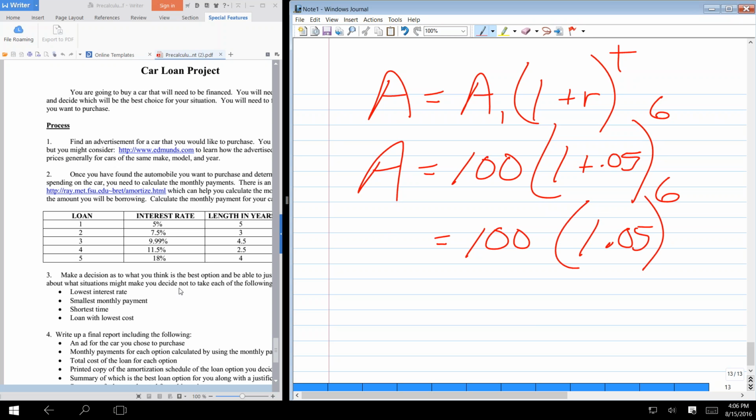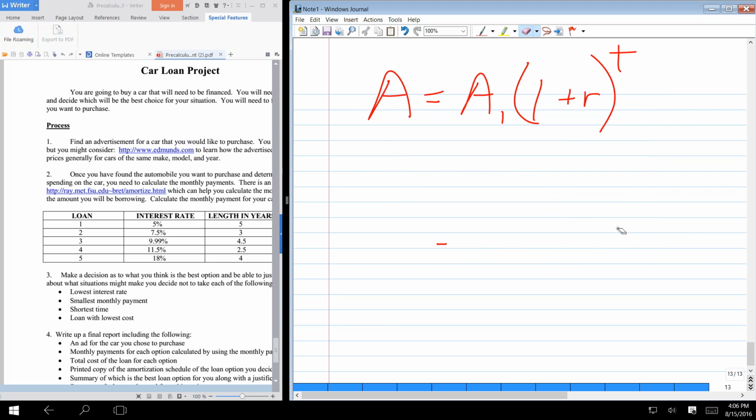But all of these kind of problems are going to be dependent on one of three equations. This is simple interest, meaning calculated once a year. There's another one for if it's calculated more often per year. And there's a third one if it's calculated continuously. I don't see any continuous ones on here. It looks like you have interest rates that are all